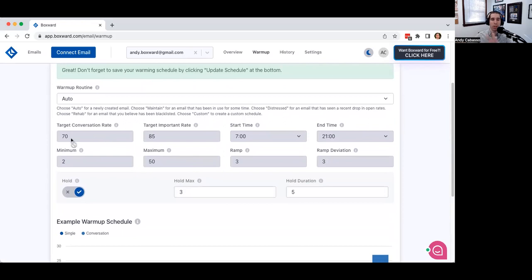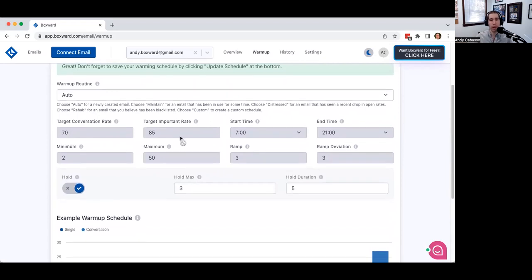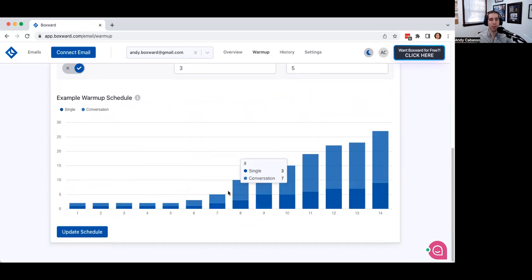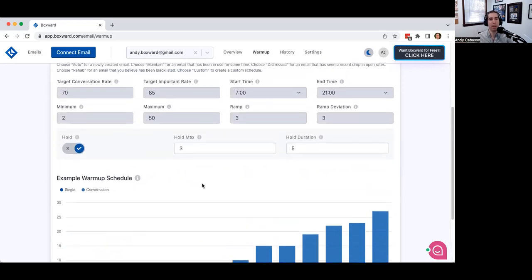What you see here is that it's setting up the percentage rate at which it's going to send out emails to other emails in this network. It's going to ramp up slowly over time.